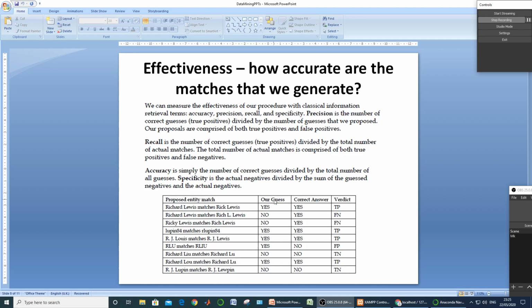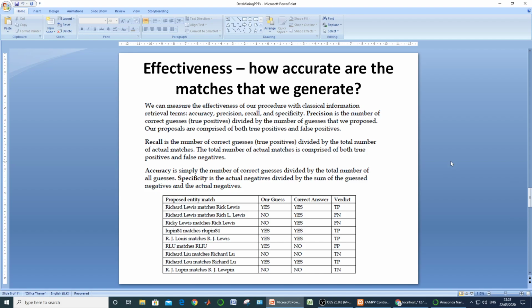Our system made a total of 10 guesses, and out of these 10 guesses, 1, 2, 3, 4, 5 and 6 were correct. So we have to divide 6 by 10 and it comes out to be 0.6. So 0.6 is going to be its accuracy.